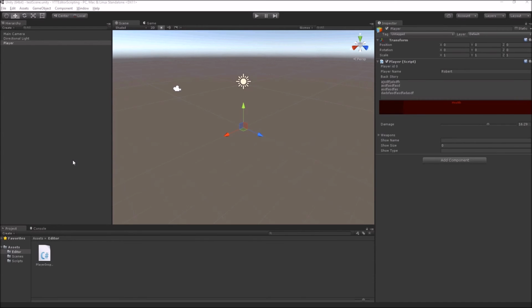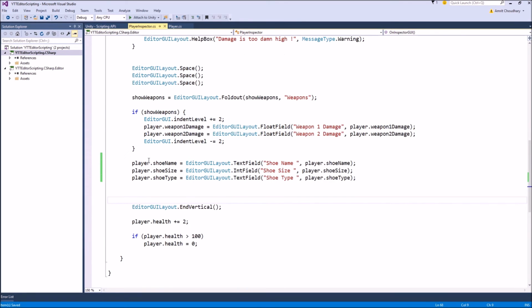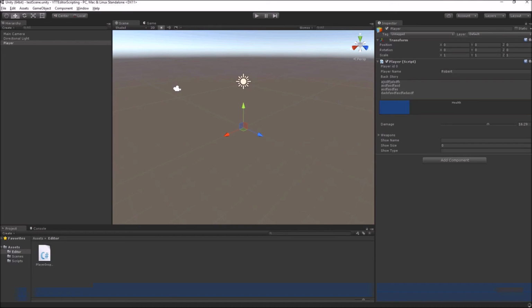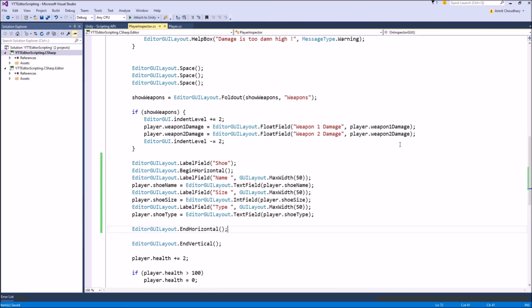So what we do is to convert this code where all those three variables are simply vertically laid out. We convert this code to this. See how much difference it makes in the scene. So earlier it was like this, and now every variable is in a single line. So you can write a name like example, its size like 5, and type is shoe, or anything else. So you saw how horizontal layout can really help in compacting your variable input field.